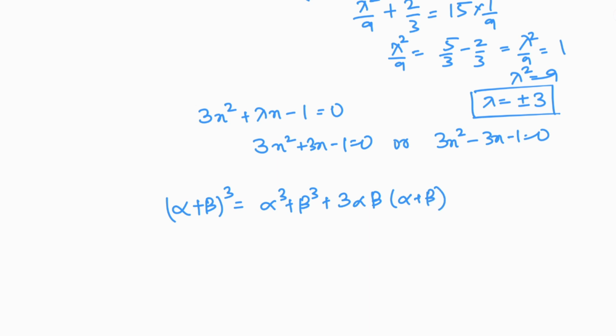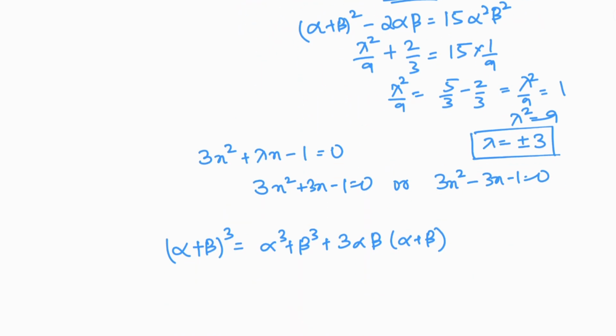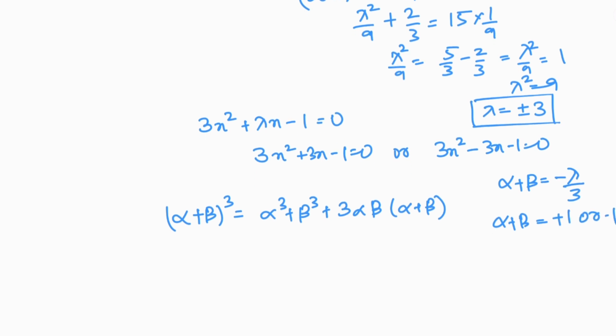Now what we have got is lambda is equal to plus minus 3, and the value of alpha plus beta is equal to minus lambda by 3. So the value of alpha plus beta is either equal to plus 1 or minus 1. So we have to put both the cases and check what is the value of this given expression. So if I put the value of alpha plus beta as plus 1,